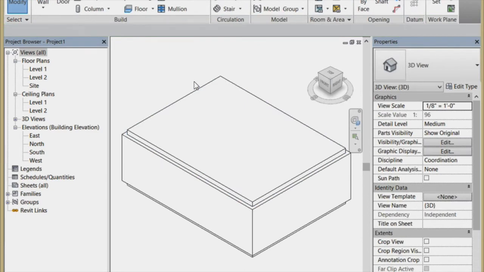Okay, very simple little box right now. It's very equivalent to what we've been drawing so far. We're going to bring that into Ecotect. How the notion of a zone works in Ecotect, or how we create zones, is actually using something we call a room in Revit. So if we create a room,